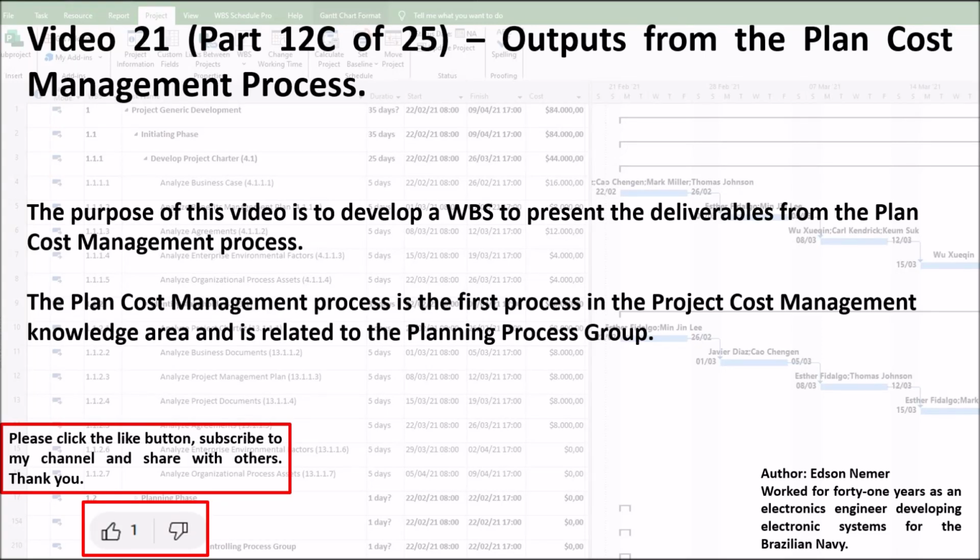Video 21, Part 12C of 25, Outputs from the Plan Cost Management Process. The purpose of this video is to develop a WBS to present the deliverables from the Plan Cost Management Process. The Plan Cost Management Process is the first process in the Project Cost Management knowledge area and is related to